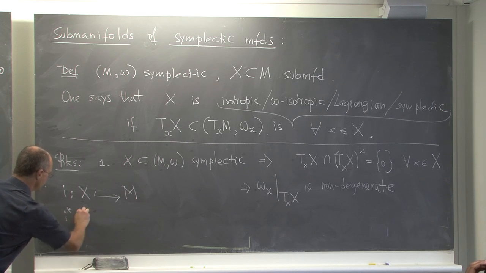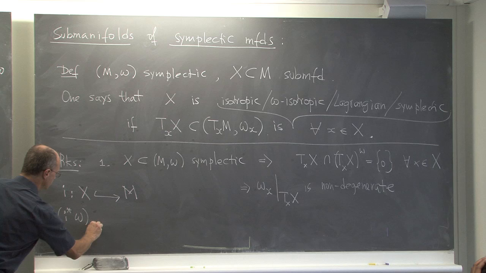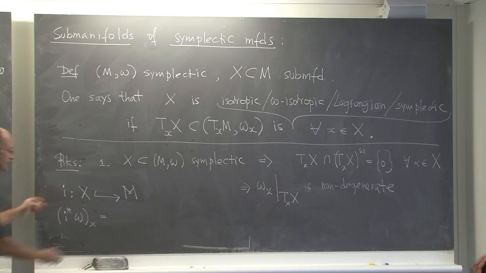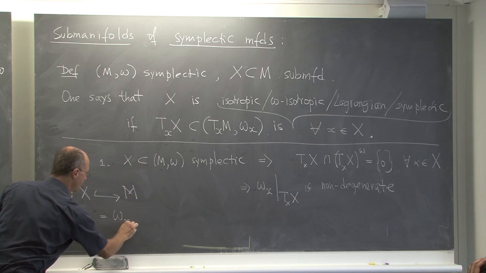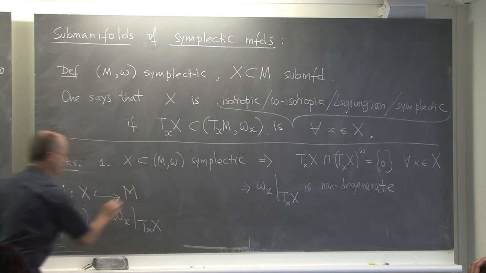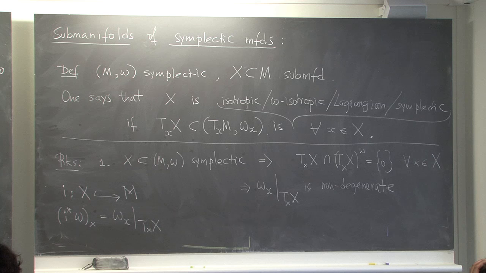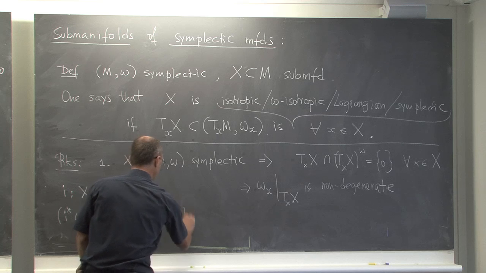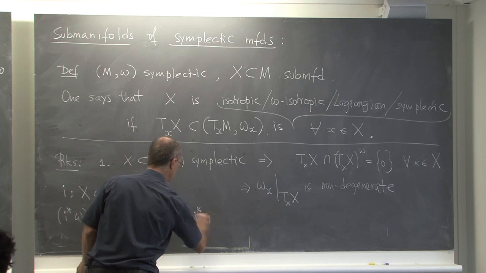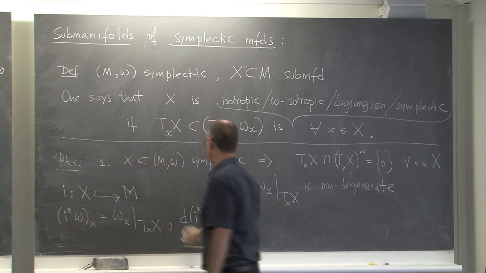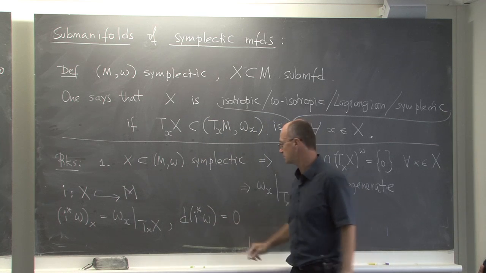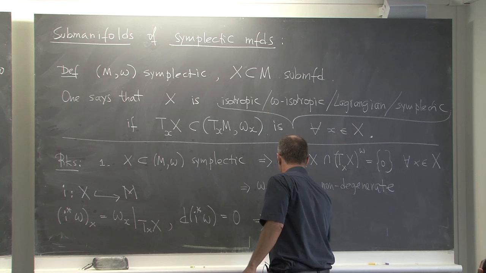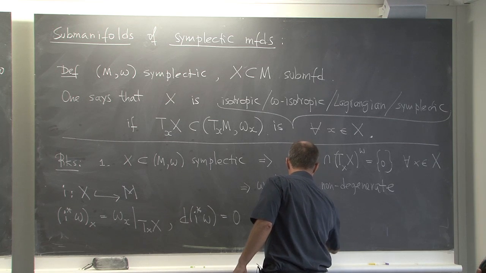Right? So then, what is i star of omega at the point x? Well, this is exactly omega_x restricted to T_x X. So this means that the restriction of the two-form of M to X is a non-degenerate two-form. And of course, its differential is 0 because the differential of omega is 0. So this means that X together with omega restricted to X